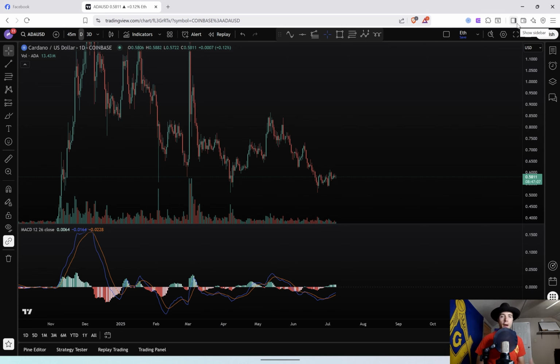In today's video, we are going to be talking about Cardano, and the first thing we're going to be looking at is the smaller time frames. Then we're going to zoom out and talk a little bit about how much Cardano can grow in the bigger